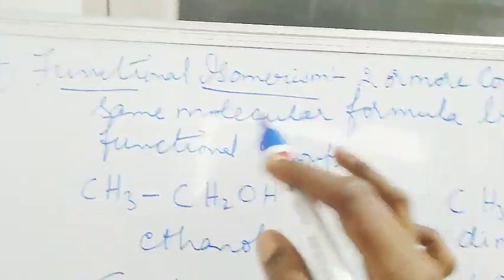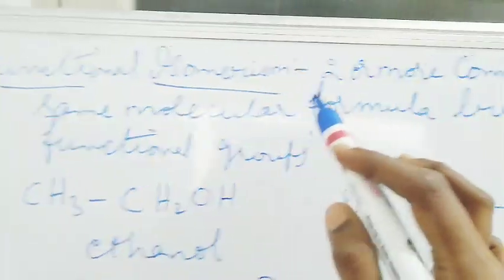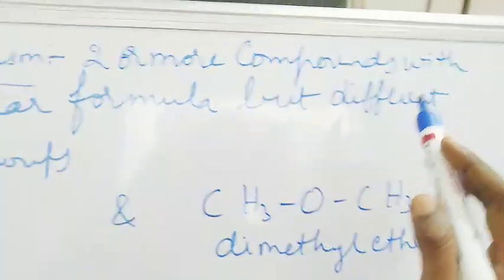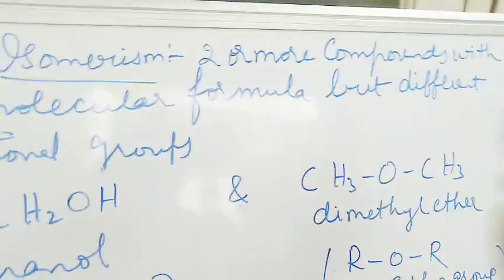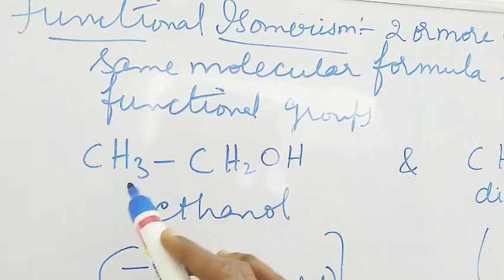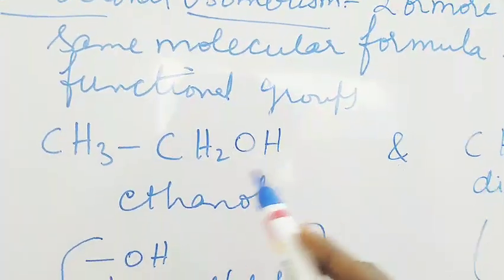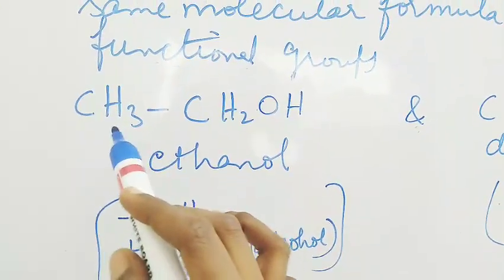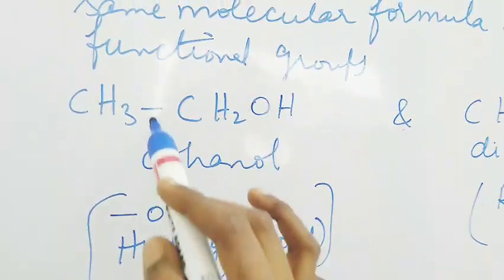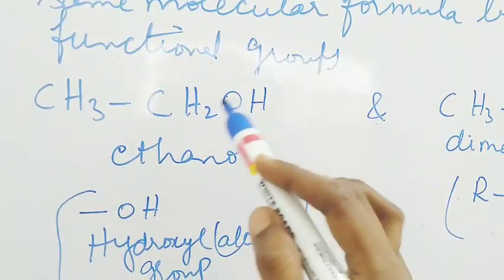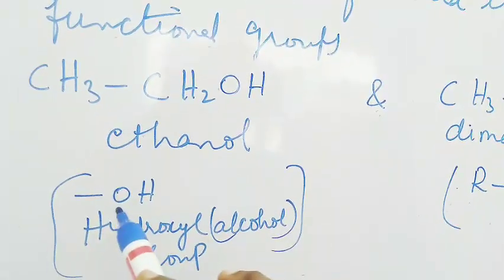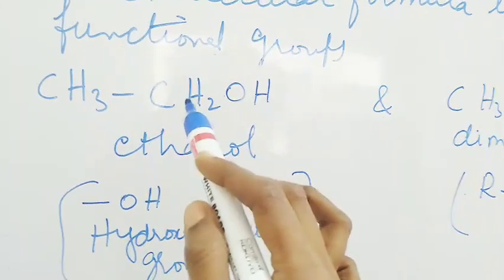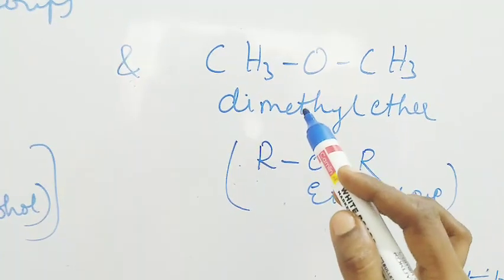The word itself has functional isomerism, meaning 2 or more compounds with the same molecular formula but different functional groups. There will be a difference in the functional groups. For example, you are having CH3, CH2OH. You call it ethanol. Here actually C2H5OH is ethanol. The functional group is here at the end, CH2OH. So here you are having CH3, CH2OH is ethanol, and one more functional isomer is